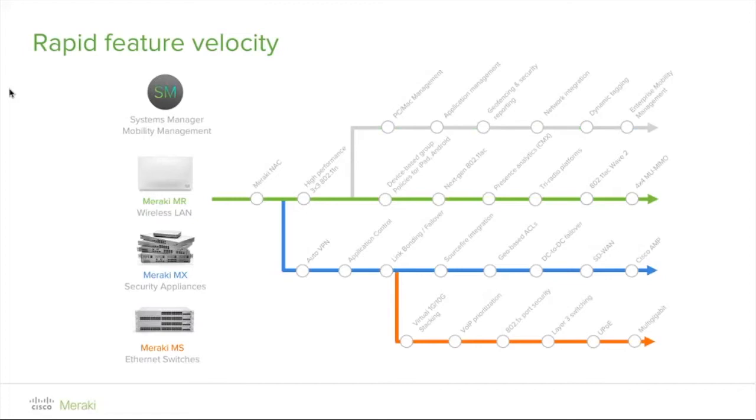engineering teams feel really empowered to constantly create new features and push those to our customers. And since we do run on a licensing model, all of our customers have access to those new features as they come out. So we hear all the time from customers that they were just poking around the dashboard and realized that this feature that they had been asking for forever was suddenly there, and it was really